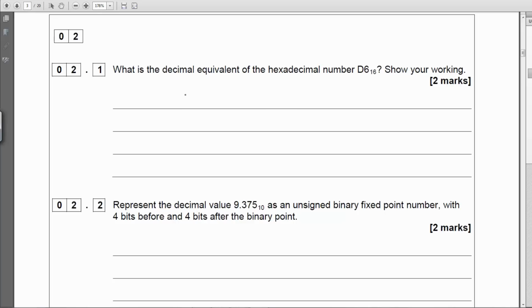So really what we want to do is write our 2 columns for hexadecimal. We've only got 2 digits, so 1 and 16, as 16 is the base of hexadecimal. This is what the subscript means. Then we write in D6 here, and to convert from what's written in the row to decimal, you basically multiply